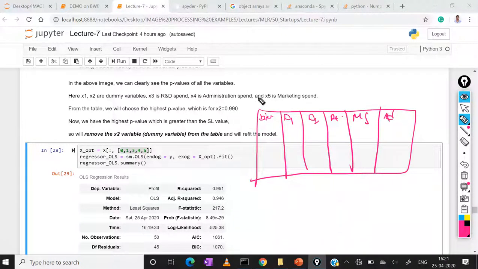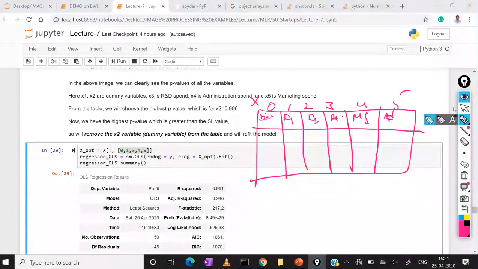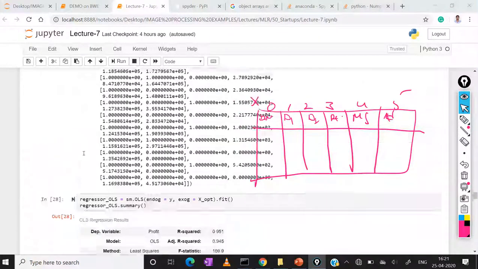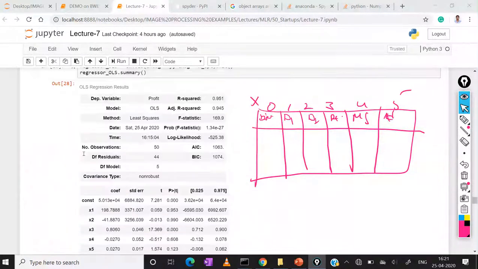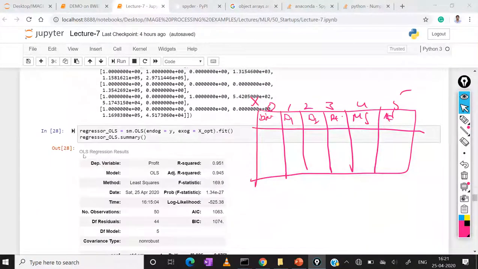So this is the x. Among the x, this is 0 1 2 3 4 5. Among the 5, if you see, first initially you have taken all input features.